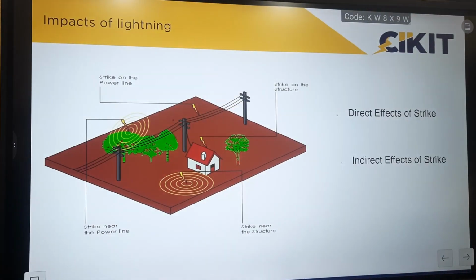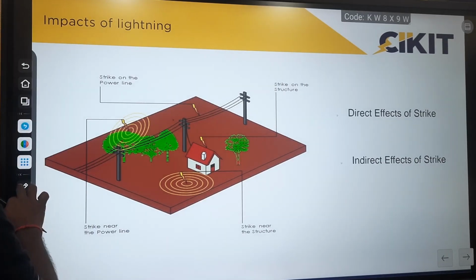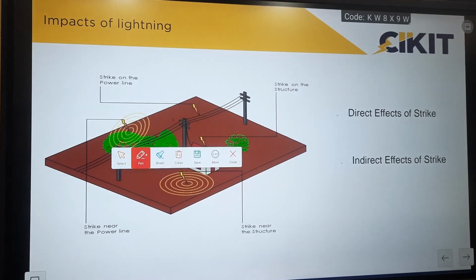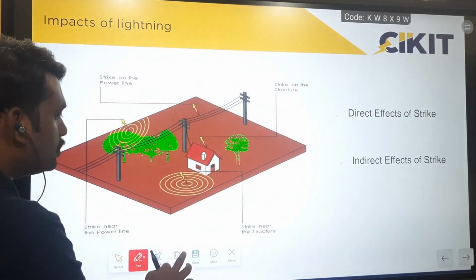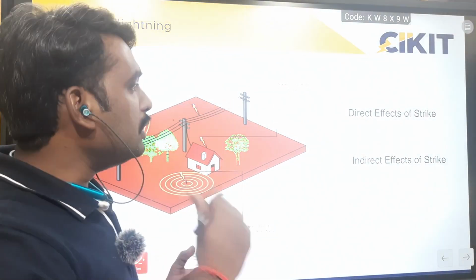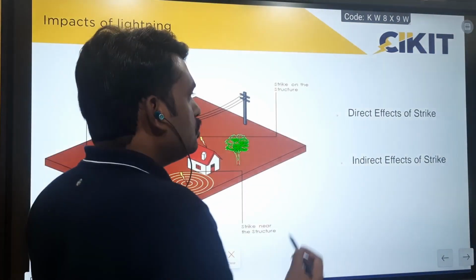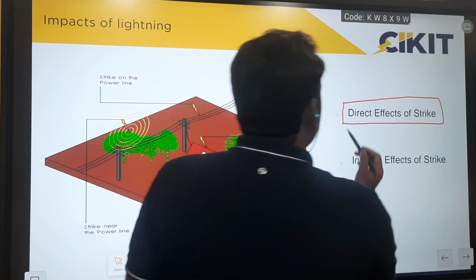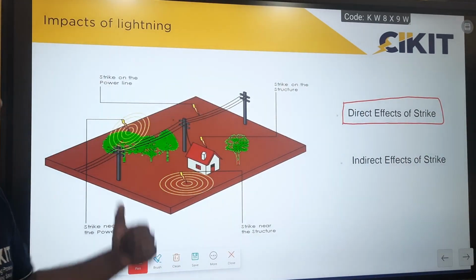So before providing a solution, we need to identify the root cause for the particular issue. In our case, the issue is damage to living organisms and physical structures, and failure of electronic equipment. So before providing a solution, we need to identify what is the source which causes it. If lightning directly strikes a building and causes damage, it will be considered as direct